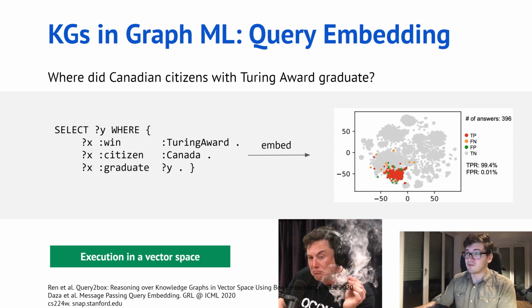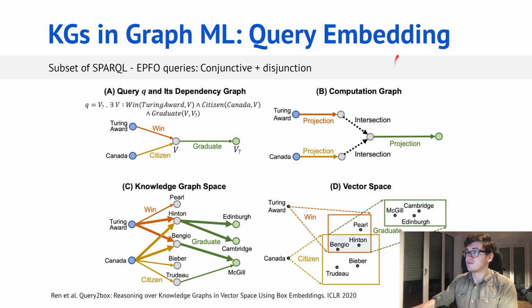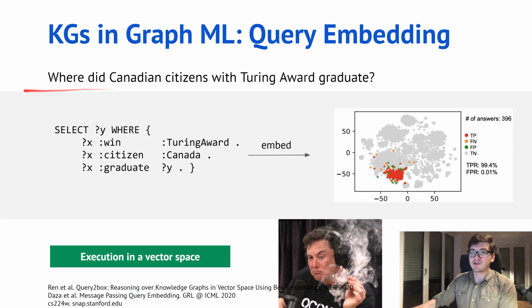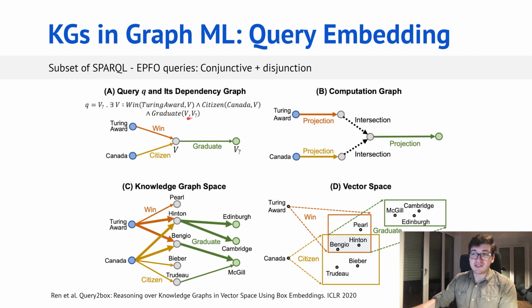Well, this is a picture from a recent Query2Box work. It's also a picture from CS224W from the Stanford course. Some of you might have apparently seen it already. And you see the quality is pretty remarkable, that it's 99.9 for that not so simple query, which is pretty spectacular. So how it works, just one or two words, it's a certain subset of SPARQL which works with conjunctive queries with some disjunction. So this SPARQL query can also be reformulated as a conjunctive query, and based on that conjunctive query,